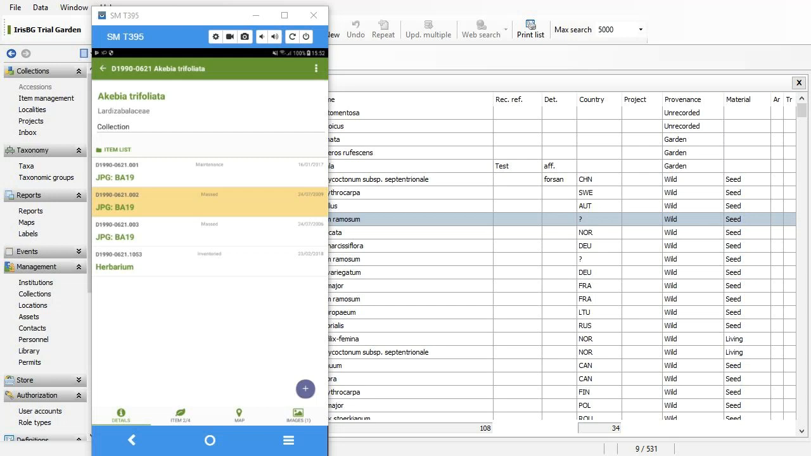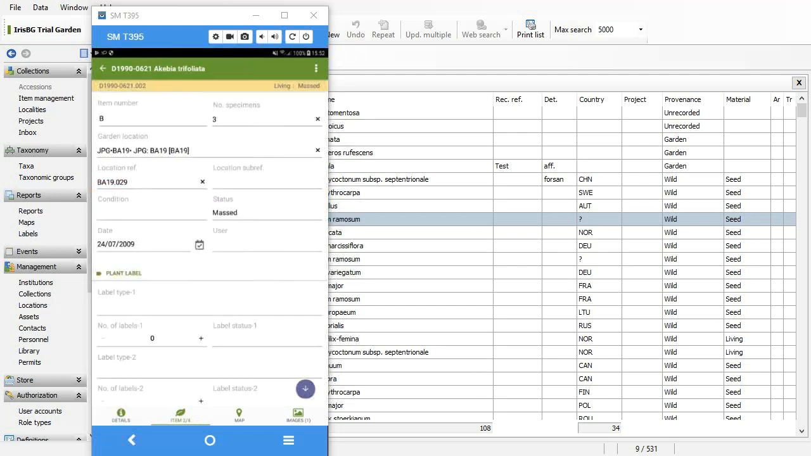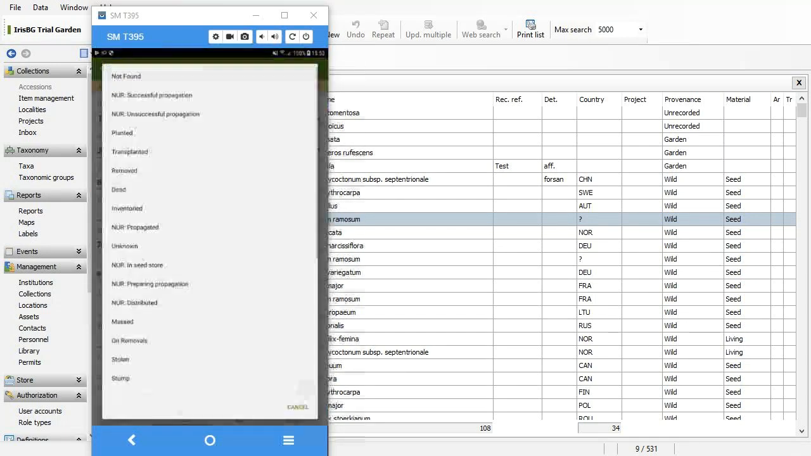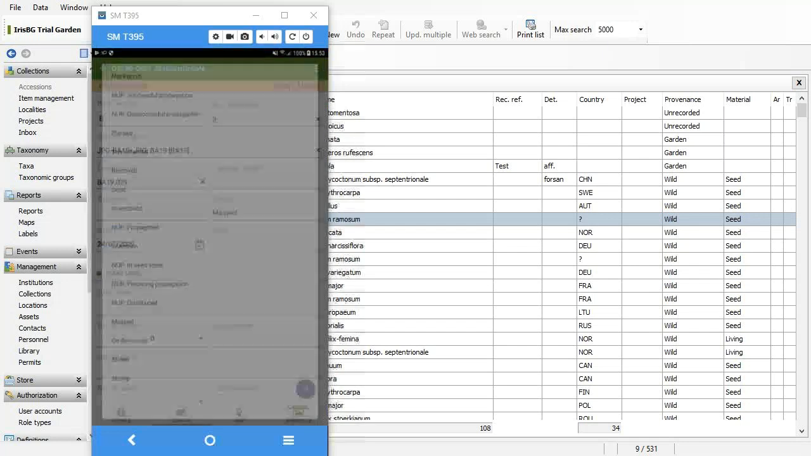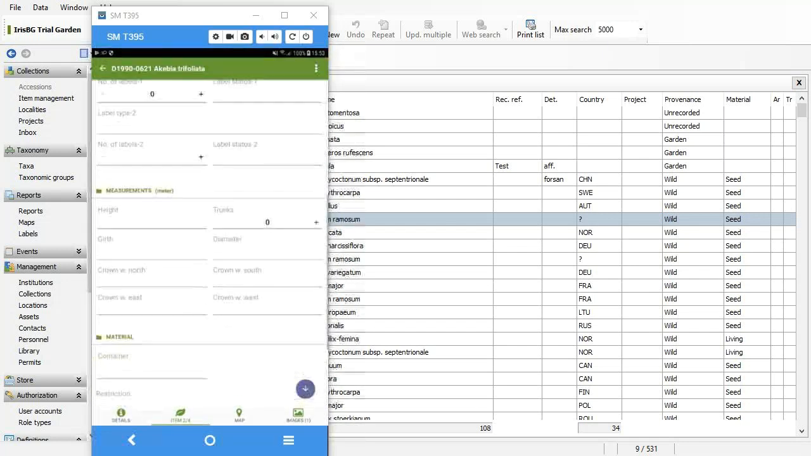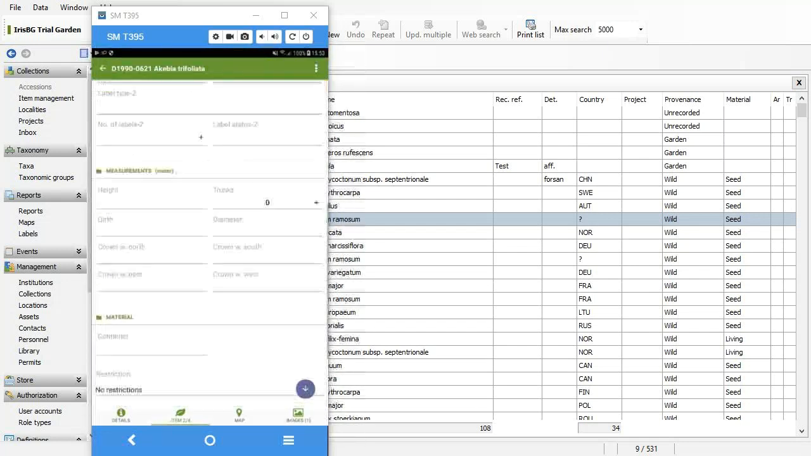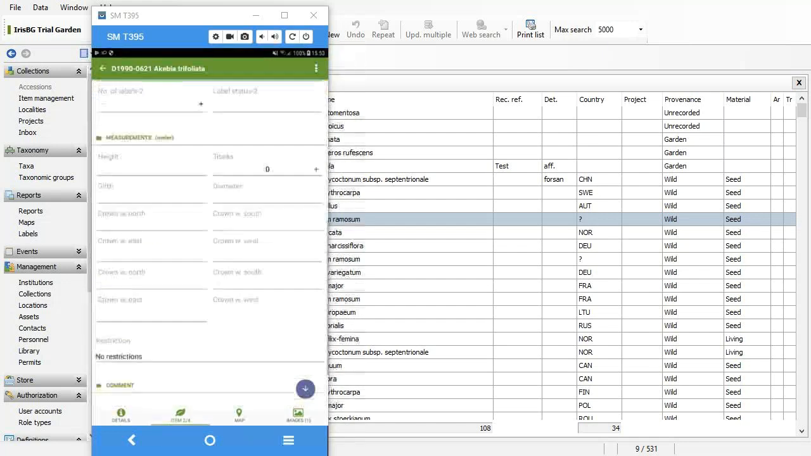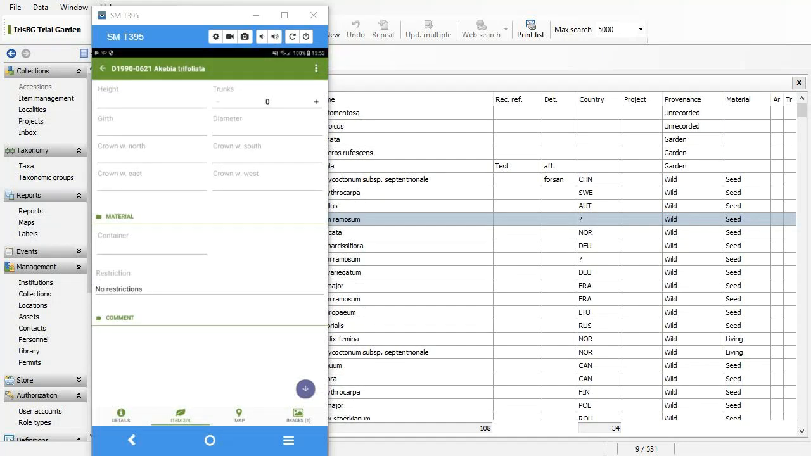What's nice is the phone is always in my pocket. If I'm just out looking at something and I just need to pull it up, I can edit a record right in the field on my phone, and it's just the same as having a tablet or any other sorts of fancy equipment. So here I can add, change status,